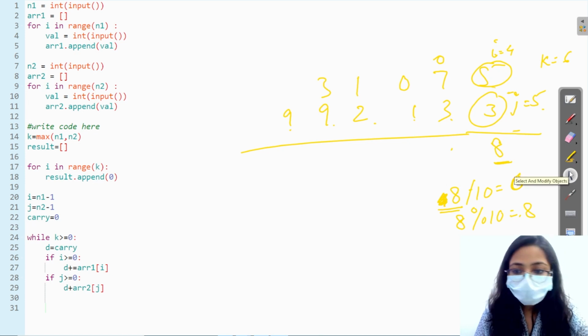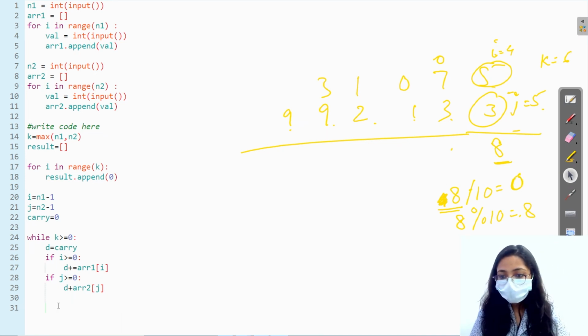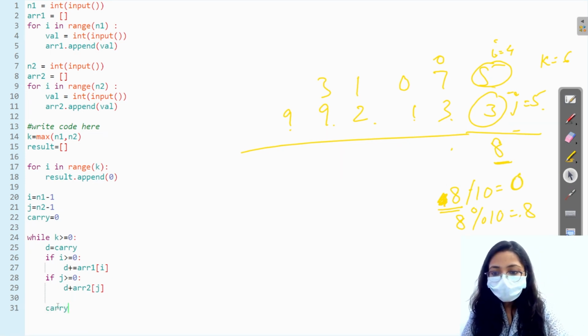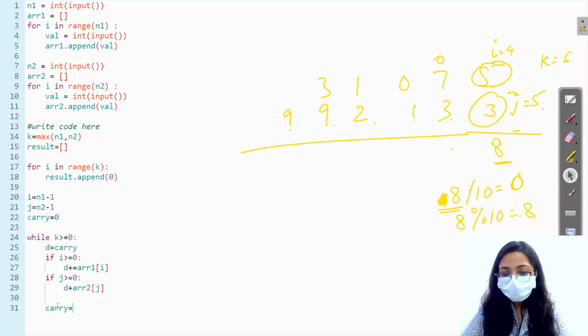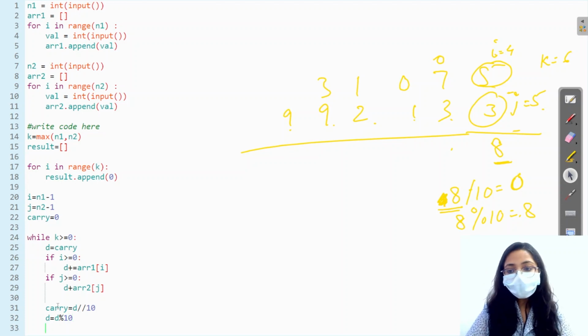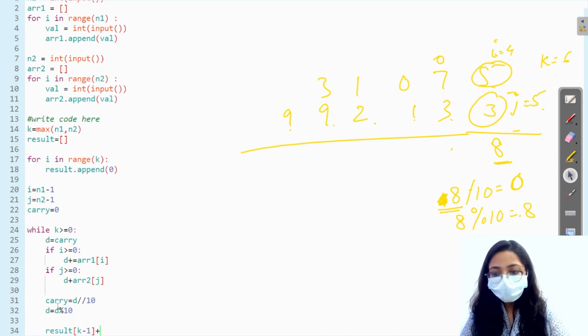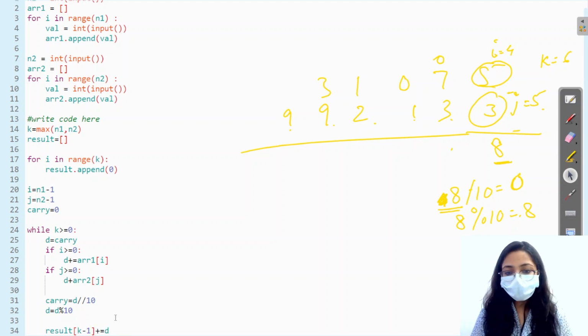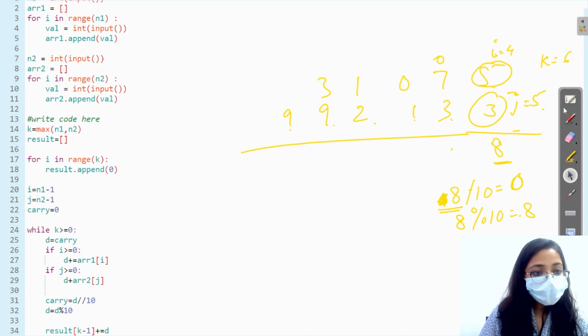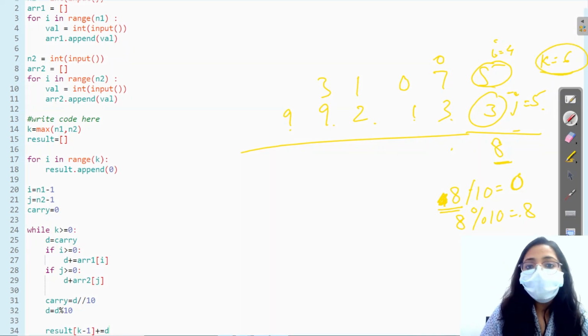So what I am doing is carry will become equal to d divided by 10, and d will become equal to d modulus 10. And to the k minus 1th position, I'll assign d. See why? I had k as 6 right now.